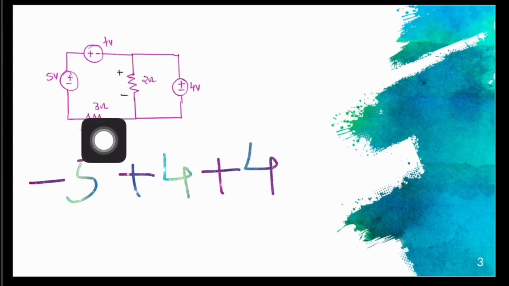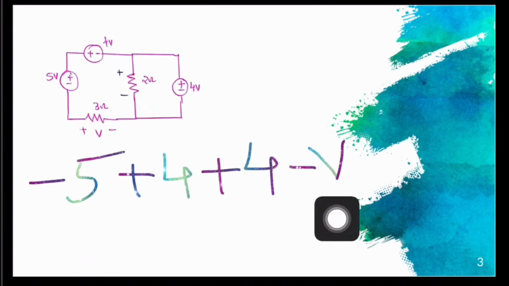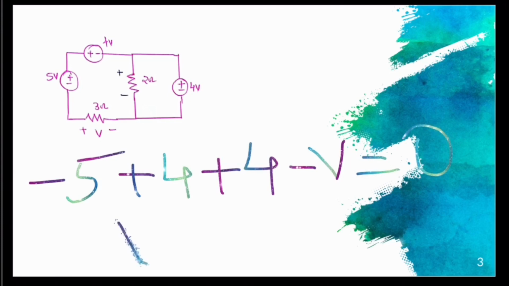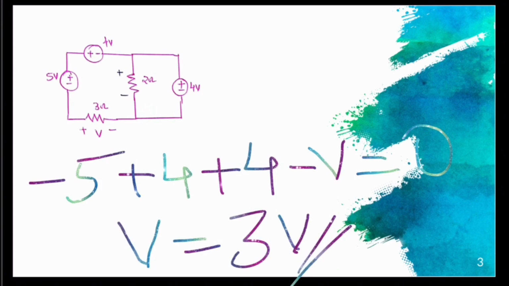Finally, the voltage drop across 3 ohm, which is nothing but V, with the polarity mark in the order minus plus. Correspondingly, we add a term minus V to our KVL equation. Thus, this equation represents the algebraic sum of voltages around this loop. By KVL, this algebraic sum is equal to 0. When we rearrange this equation, we get the value of our desired quantity V as 3 volts. Hope you got it. Let me now take you to the next question.